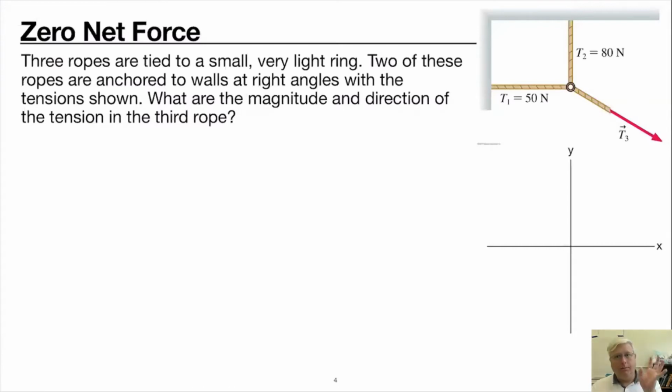And so to simplify things a little more, like we like to do, we could treat the ring, we could apply the particle model to it. We could just pretend that it's just a dot there, so we don't have to worry about all the complexity of the 3-dimensional existence of the ring. We can just pretend like it's just a point. All right, so